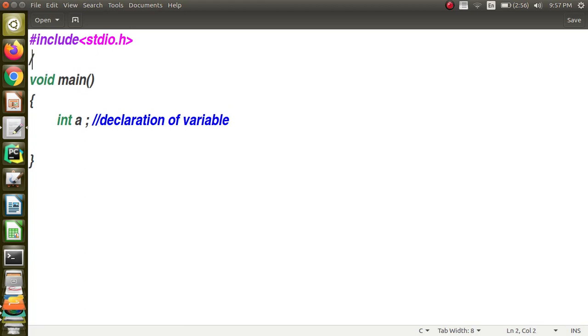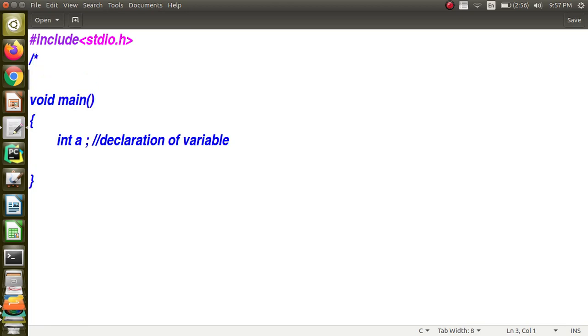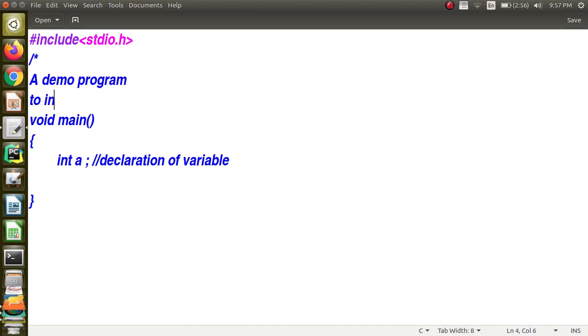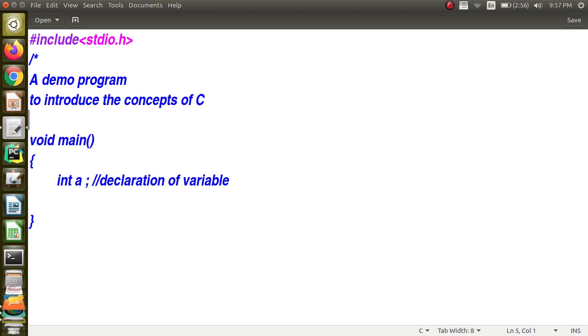I can do it in any part of the code. I have to start with slash star and say something like a demo program to introduce the concepts of C, okay. And when I want to finish it, I have to put a star followed by a slash, right.